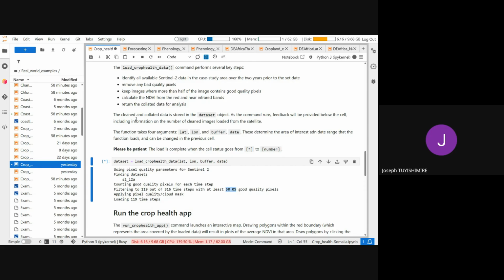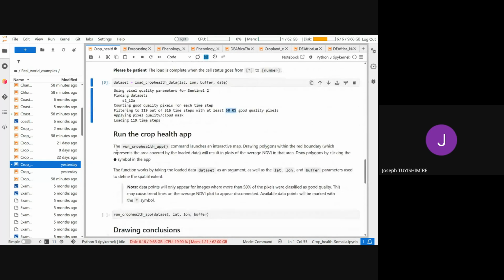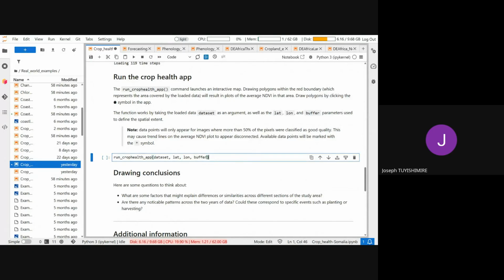And while running this, once the images are loaded, now they are loaded. You see now we have the third cell, and here we can run our application.